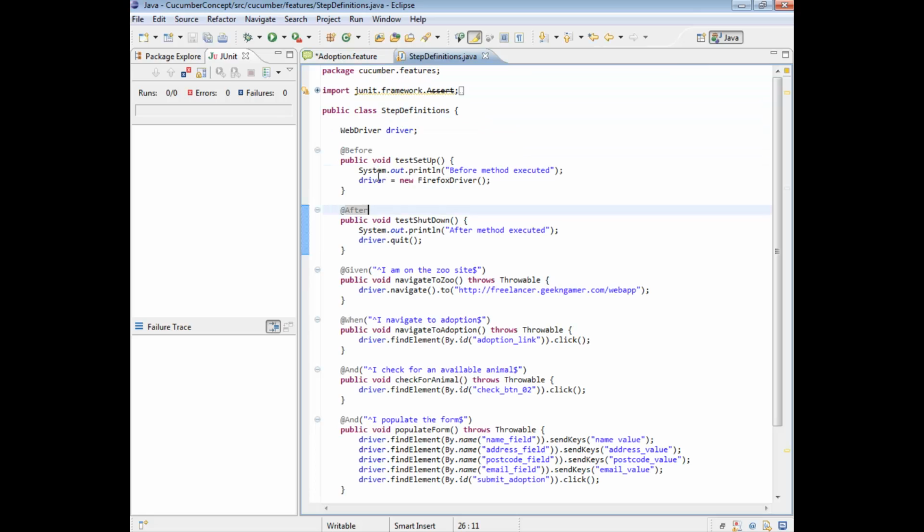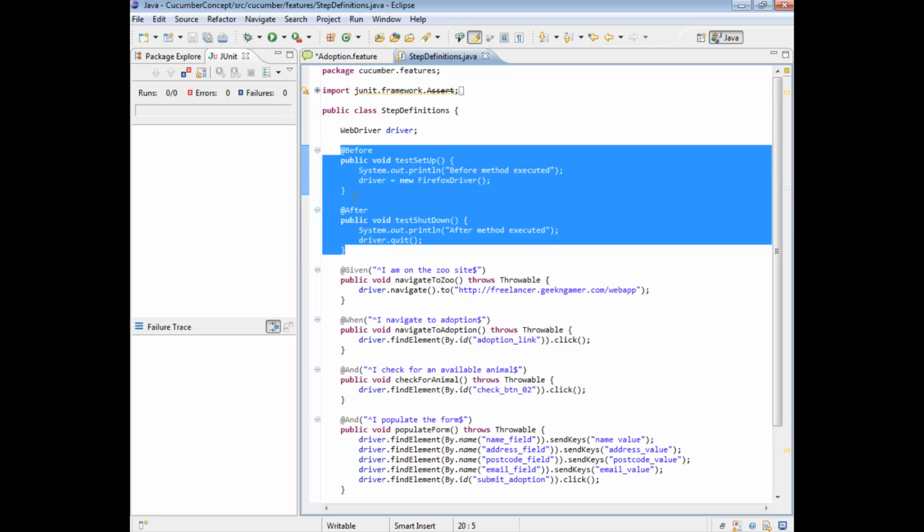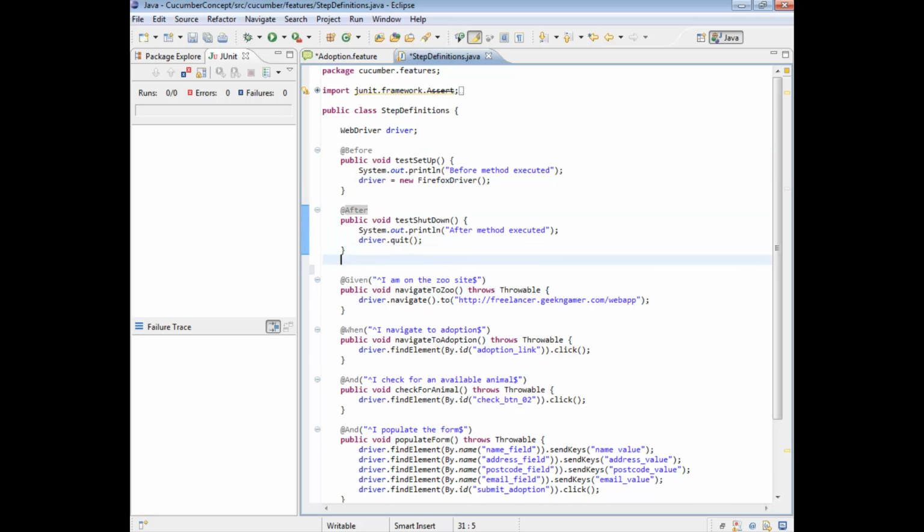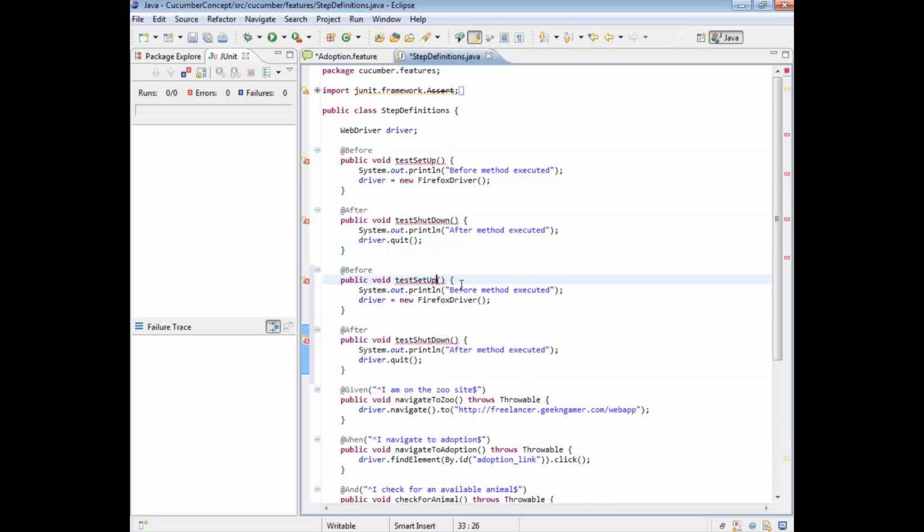Now if we were to go in and run, what will happen is this before and after will still run for this scenario, because that's what we said. We've said that the before and after are general; these will run for any given step in any given feature file. But if you now were to say build this up a bit, and we need to set it up a bit more,